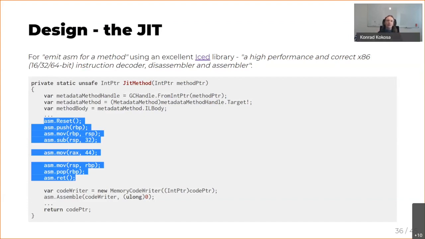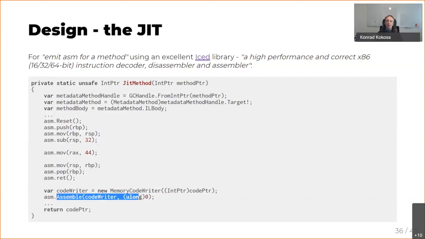And all these instructions are just building your assembly, and then you are writing it and assembling it as binary code that can be executed later on. So with the help of this Iced library, I'm able to emit native code from C# to a given memory region, and then later on it can be executed as a method.